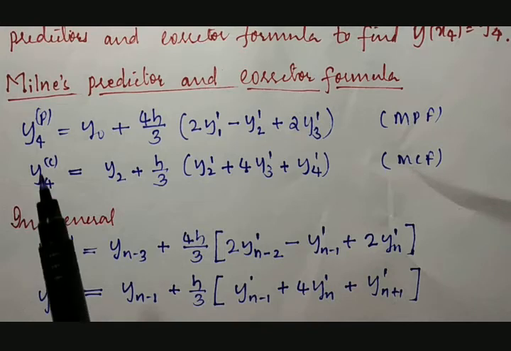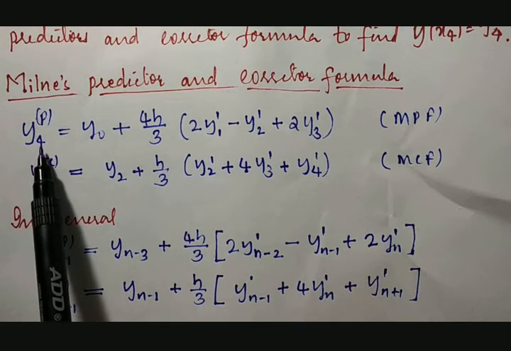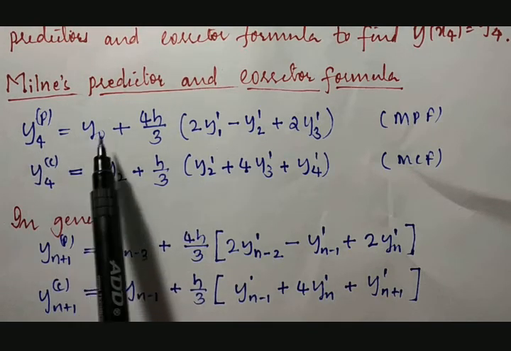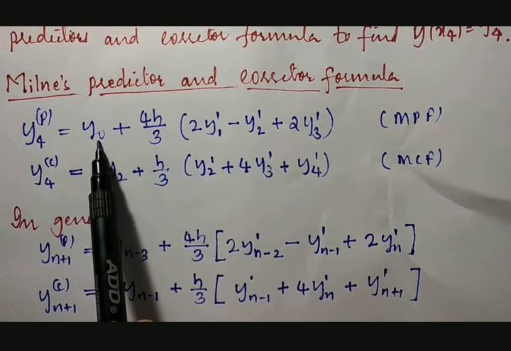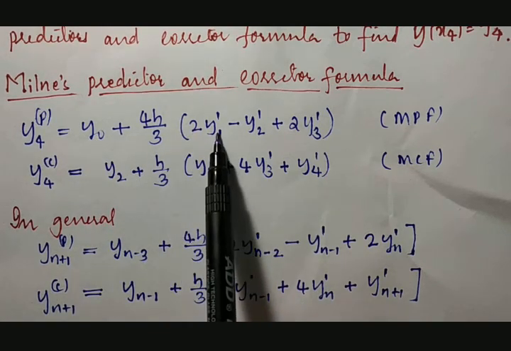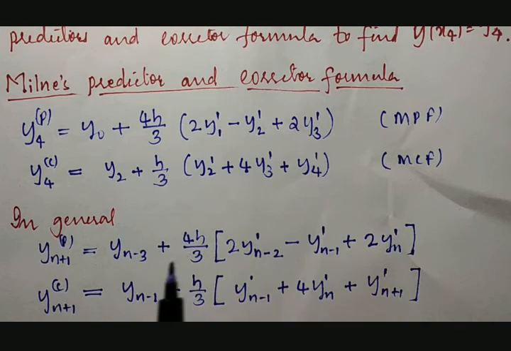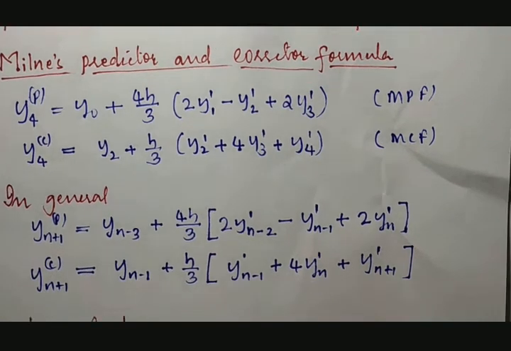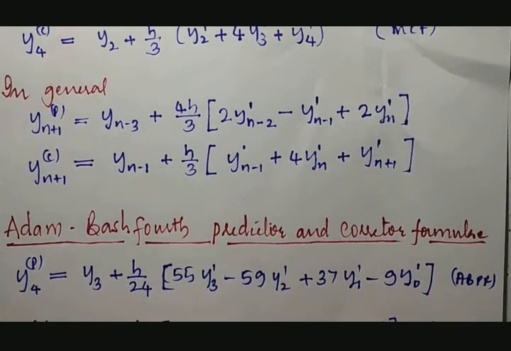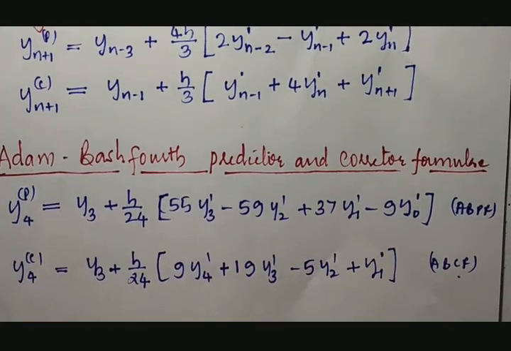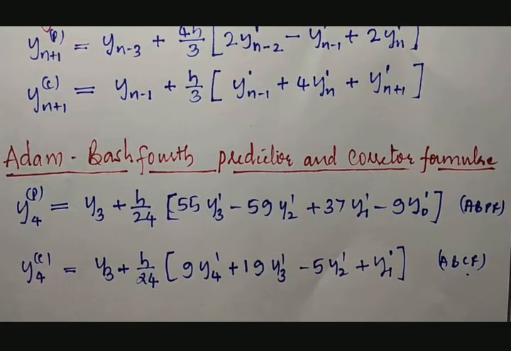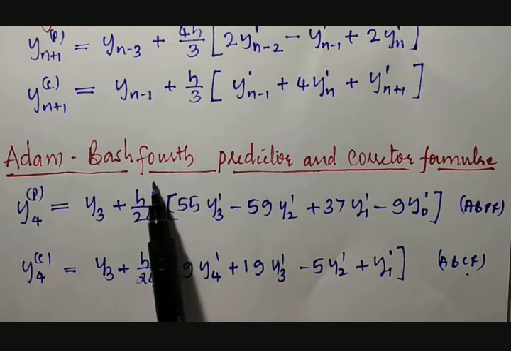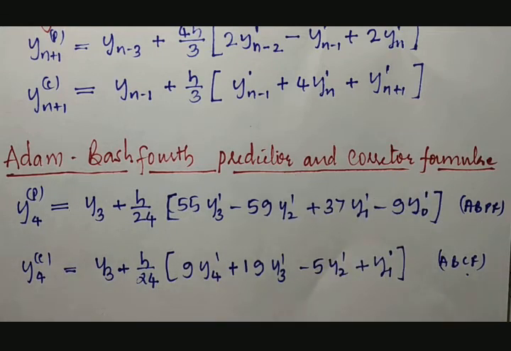Or else, a very simple thing is that if it is y4 and you want y5, then keep on adding one step. So it will become y1 dash, y2 dash, y3 dash, y4 dash. Fine, this is very simple. Then comes another method which will provide a solution to calculate y at x4, that is nothing but y4. This is known as the Adams-Bashforth predictor and corrector formula.